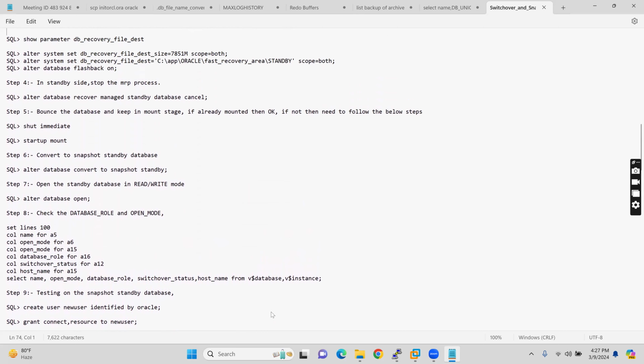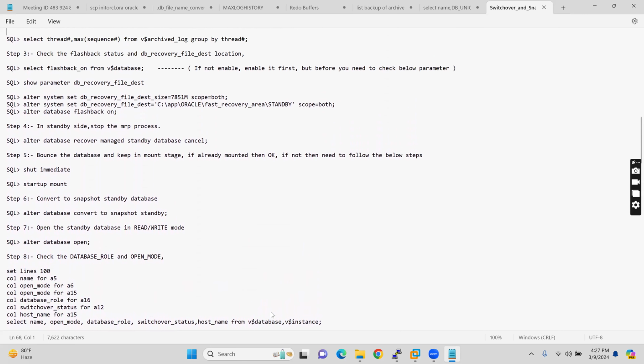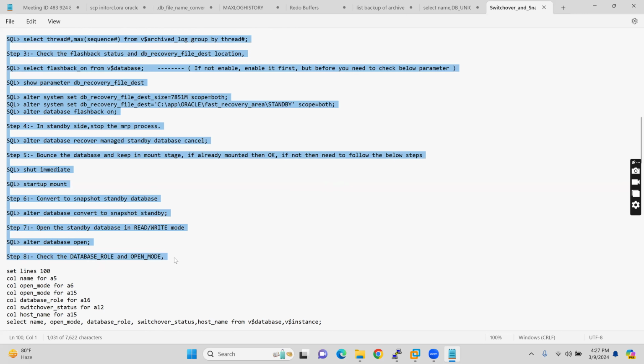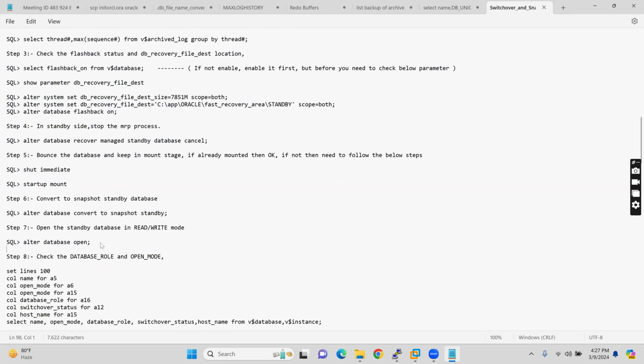Always remember, no command is required for the primary. If you are going to perform snapshot standby, at that time you only need to check the sync status of your physical standby database. If your database is in sync, then there is no need to touch your primary database server. Whatever command you are going to perform will be for the physical standby server. So when we are converting this physical standby to snapshot